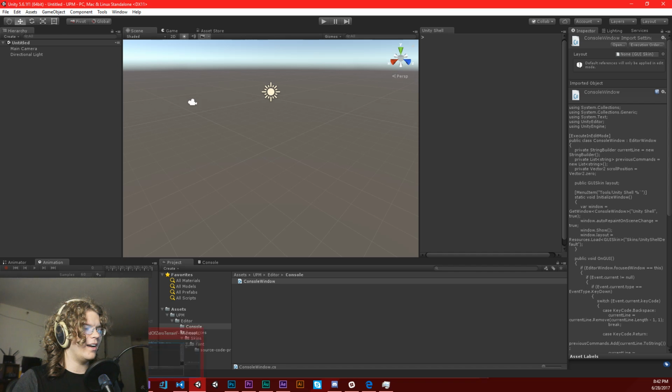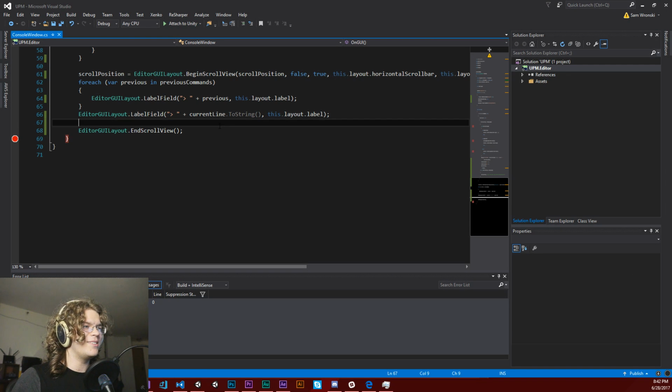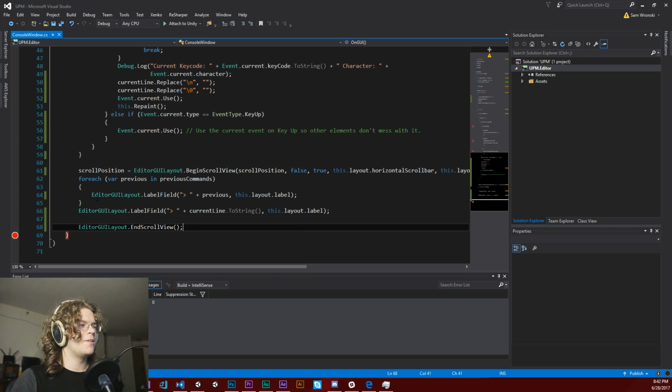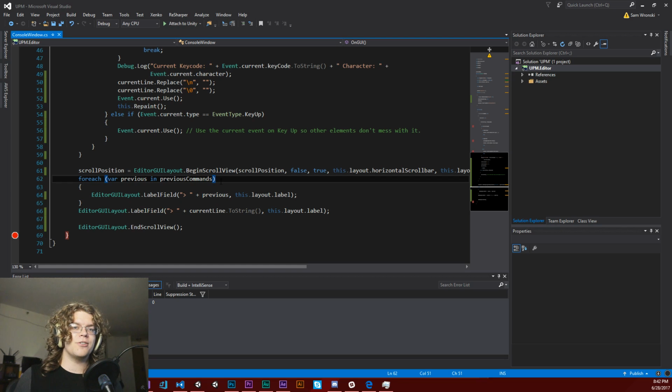So I should have made like a task list or something to do. That would have been smart, but I didn't. So what we have right now is previous commands, and this will just be like the list of everything that you've done. I kind of want this to be buffered because there's going to be some really expensive